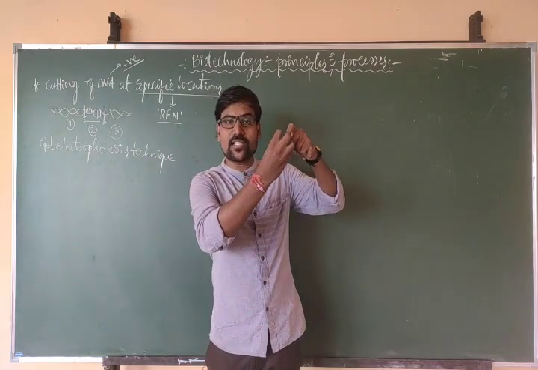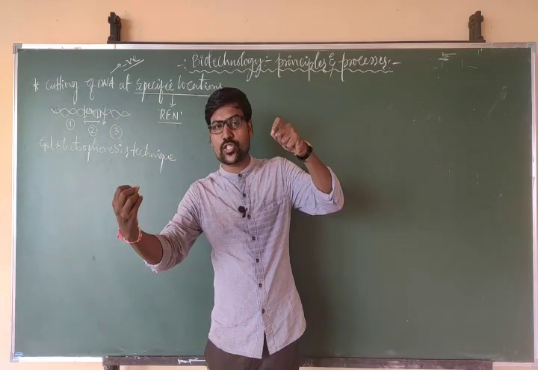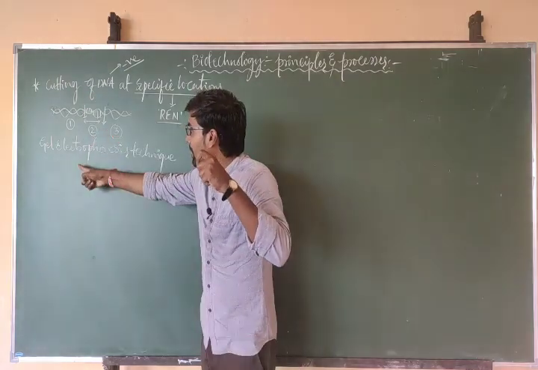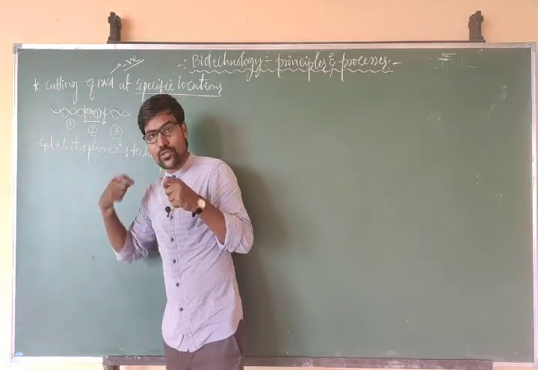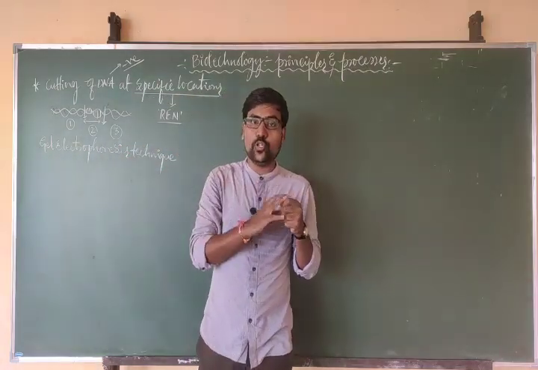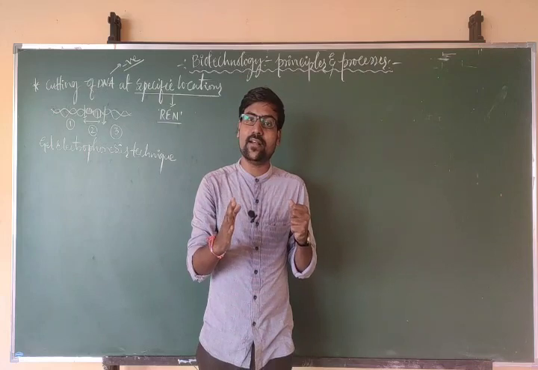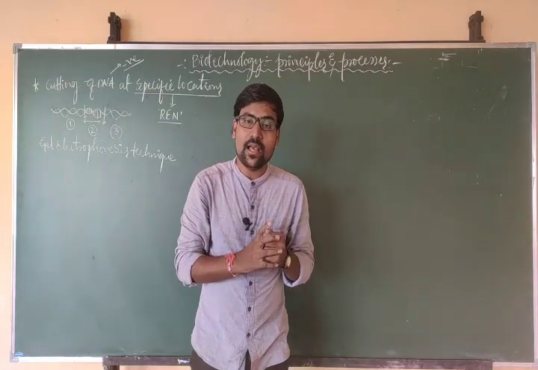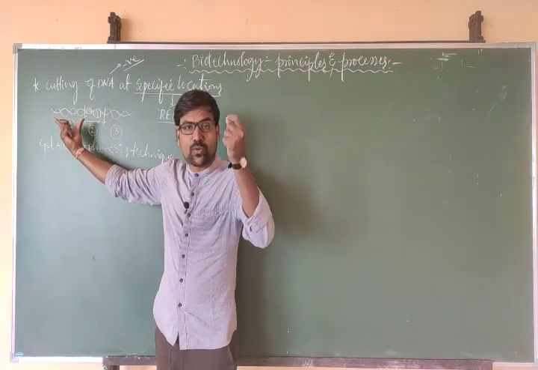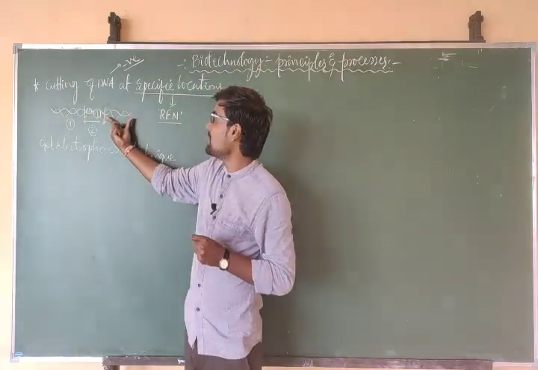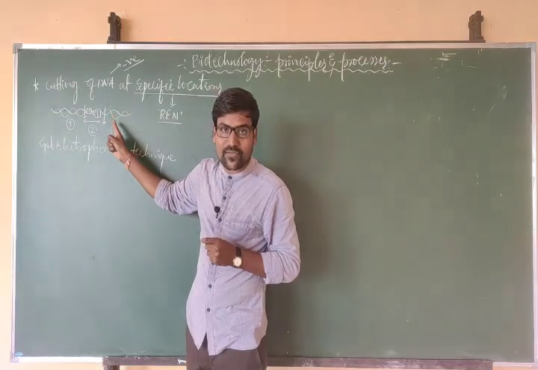That means a negative charge DNA will be attracted towards the positive charge. That means DNA fragments start moving inside agarose gel. While moving, those fragments are separated on the basis of size. That means large fragments are having more weight, that means moving slowly. Medium fragments are moving faster than the larger fragments.